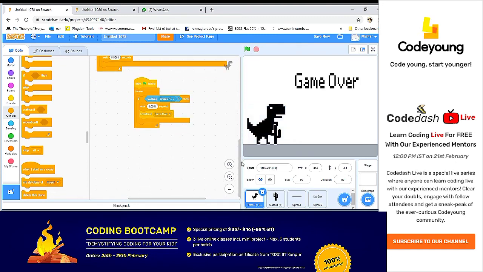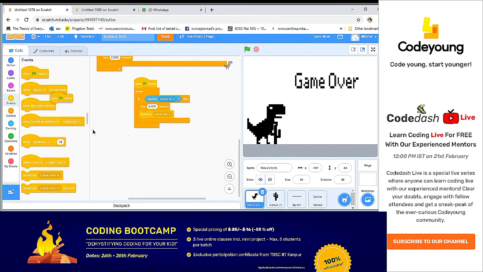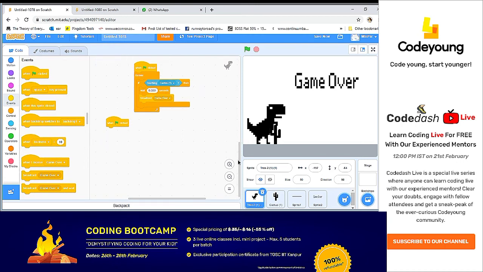Now we'll do the last set of codes and add the score block. So every time you jump over a cactus, you get a point. Okay, so you can add a score block. So we'll say when the green flag is clicked. Okay. When the green flag is clicked,